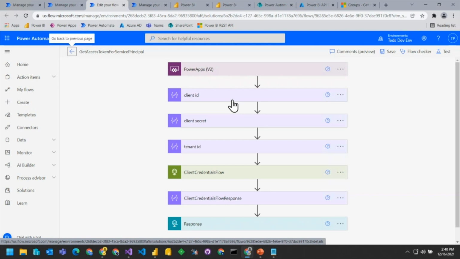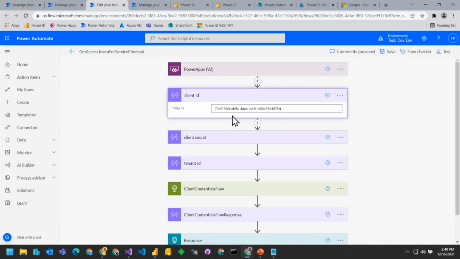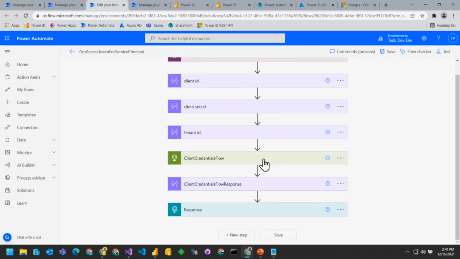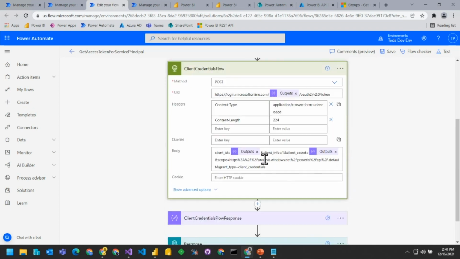So here, this is a proof of concept. And note that I have my client ID and my client secret just hard coded in. So this is a proof of concept. And what I say is, if you want to take this and run with it, you're going to have to find a better way to take your client secret and not put it in a flow definition, but put it in Azure Key Vault or some other place where you feel confident that your secrets aren't going to get around. But the idea here is that I can run client credentials flow.